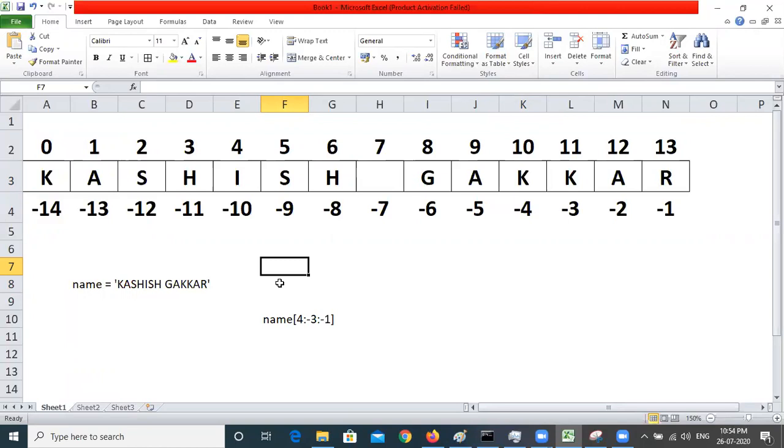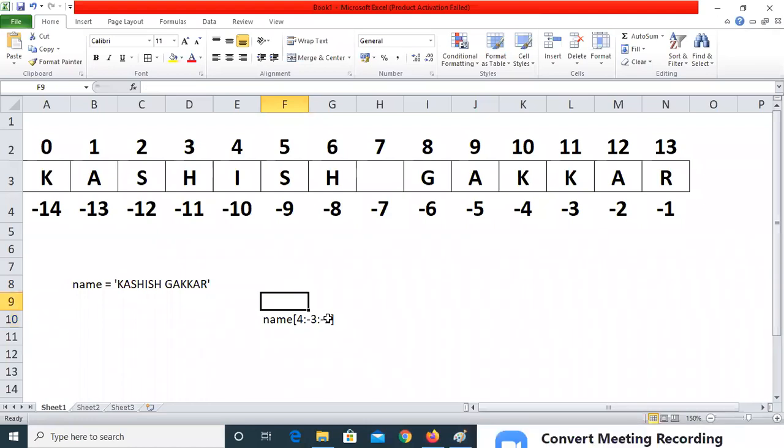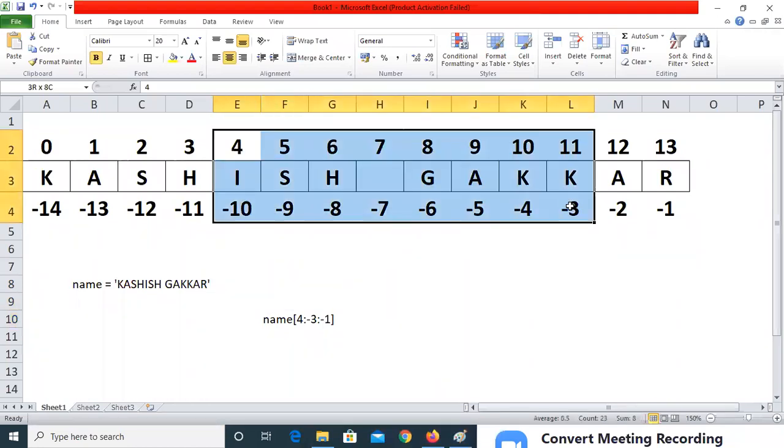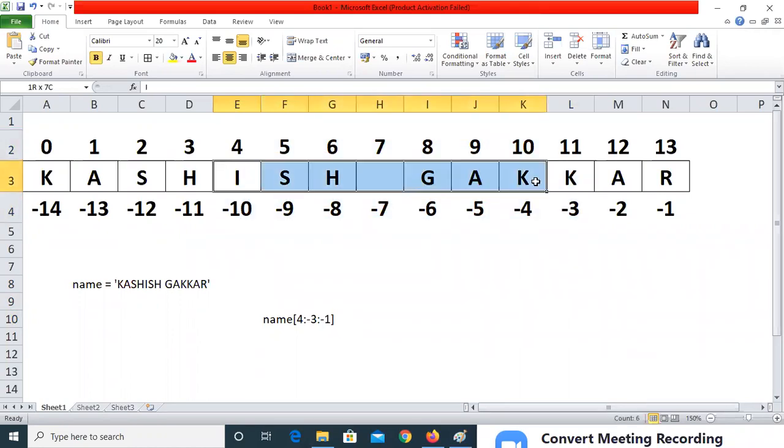Okay, let me tell the answer for this one. So what we are doing here, 4 colon -3, and then we are saying that go negatively as -1. To go to -3, we have to go positively, right? Then only we can get an answer like this.